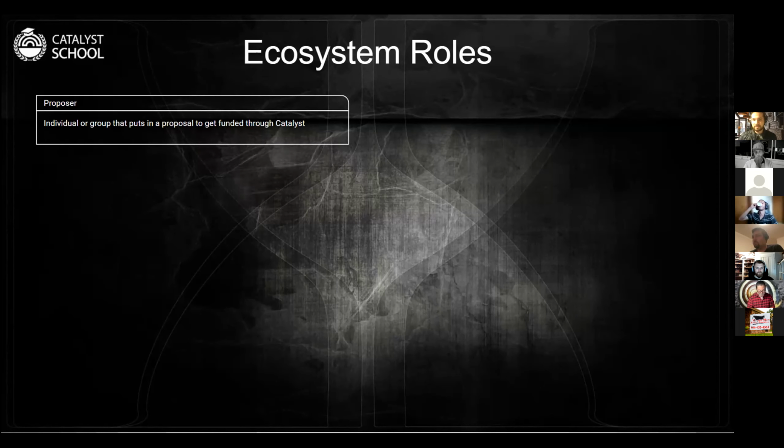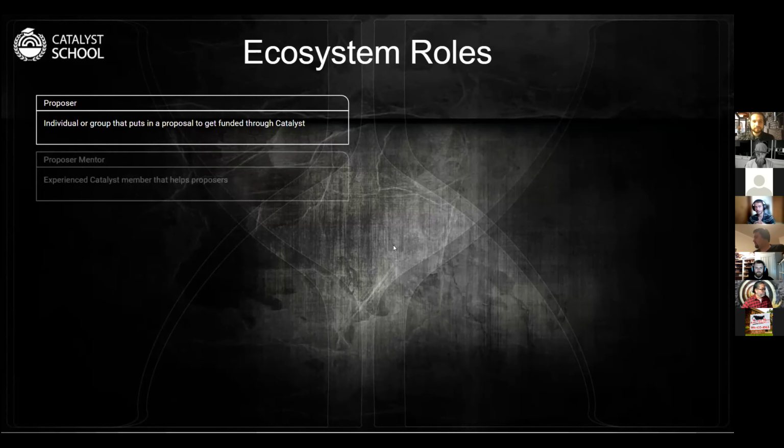So this is quite open, and basically everyone can be the proposer. There are no restrictions. You don't even have to hold ADA. You don't have to understand any details about Cardano or blockchain. I mean, if you are building something technical, it is expected that you know something, but there are actually no restrictions here. You just have to sign up into the platform. Currently, we are using a platform called IDScale, and we are going to go through the platform and talk more about it at the end of the presentation. But if you want to see it already, just jump a few slides ahead and you can check it there.